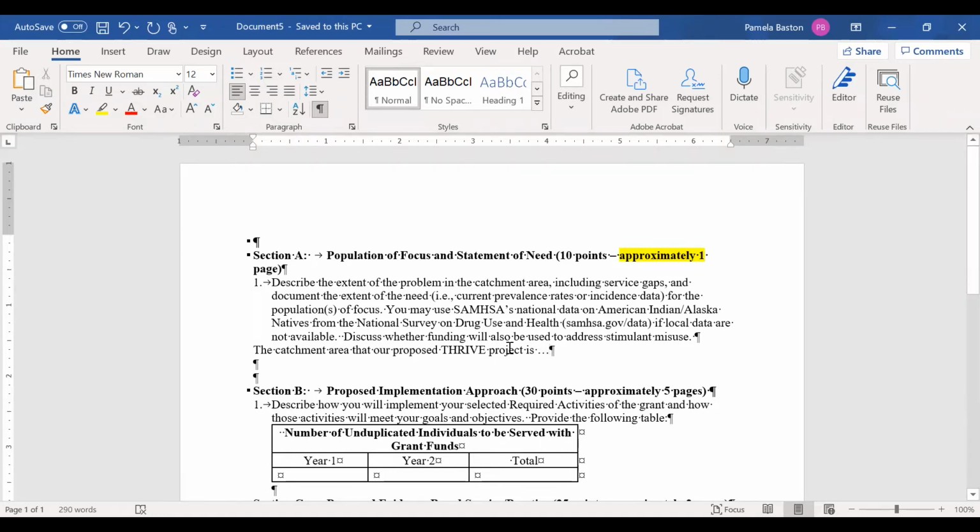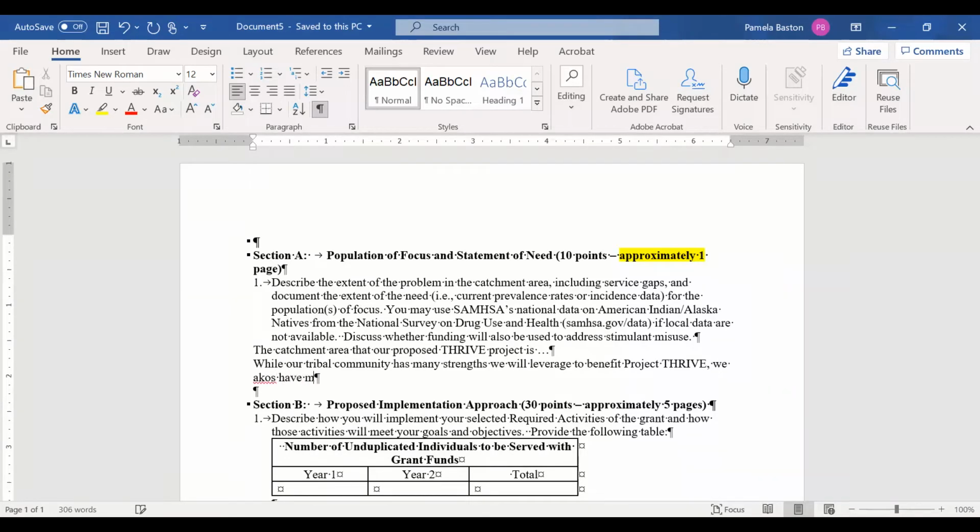By stating that sentence so clearly, I know that whether I finish the sentence or this paragraph, or one of my partners on the grant writing team does, they will make sure it's that clear. Then I'm going to go back, and it says, describe the extent of the problem. So I'm going to say something like, while our tribal community has many strengths we will leverage to benefit Project Thrive, we also have many problems and challenges,